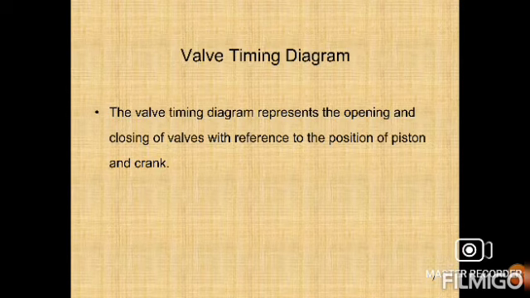And next one, valves are used for operating the inlet valve and exhaust valve. The valve timing diagram represents the opening and closing of the valves with reference to the position of the crank. A valve timing diagram is also provided for four stroke engines. So valves will be operated with the help of a valve timing diagram. Valve timing diagram means the rotation of the crank from 0 degrees to 360 degrees, 360 degrees to 720 degrees. Based on that, we refer to the valve timing diagram.